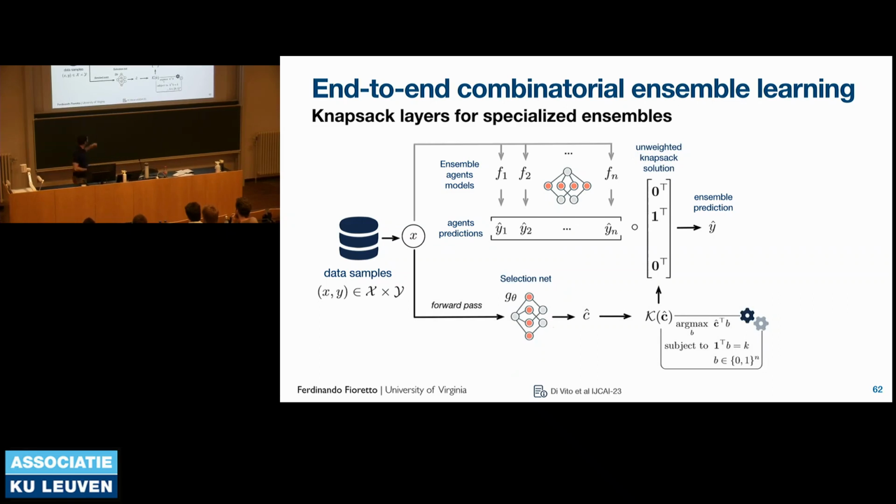And so what we did here is construct another network that predicts some coefficients, which is going to parameterize this LP layer. And here we have a subset selection problem, which is parameterized by this neural network. It spits out this unweighted knapsack solution, this 0, 1 vector, and then we can just multiply this 0, 1 vector by the output predictions of our models, and they will automatically select the best models for us, right? And then we need to train this selection through a loss function, which is our classic loss function.